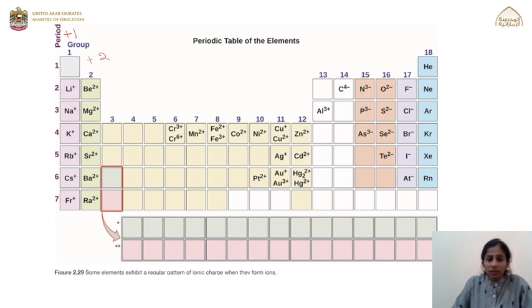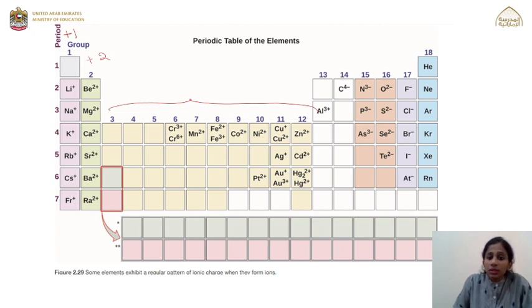Now you have to keep in mind, as we have already discussed before, the metals will tend to lose electrons. So in case of group 1 and 2, which comes under S block, they will always tend to lose electrons. And if you consider this one, that is from group 3 to group 12, which is D block, also contains metals. So you can see that they are forming cations. Now if you see group 1 and group 2, the oxidation states are fixed, the charges are fixed. Whereas for D block, you can see there are different charges for one particular element. This is because D block metals are capable of showing variable oxidation states because of their incompletely filled D orbitals.